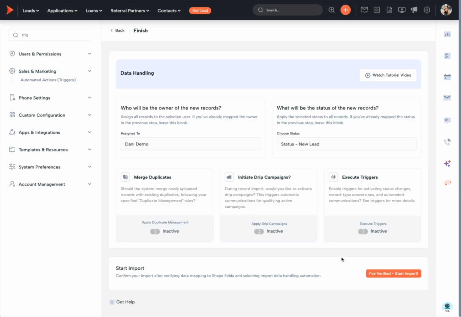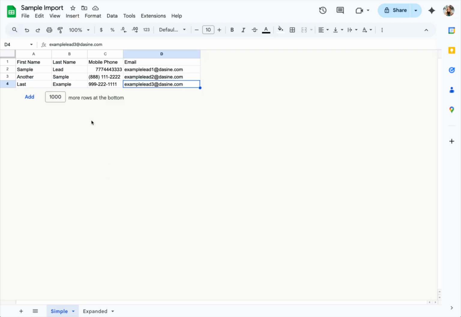Now, at this stage, if I was not happy with this, if I was like, wait a minute, those leads don't all go to one user and they're all in different stages, this is where you might want to cancel the import and redo it in the file. Now, if there were only 3 records, you can go ahead and import it and